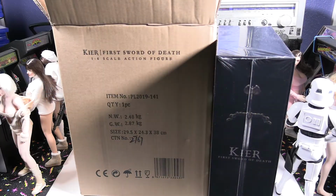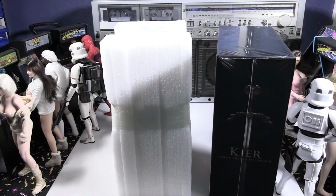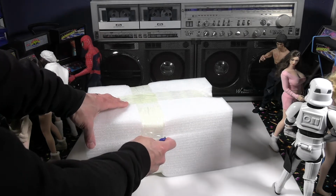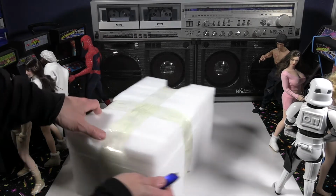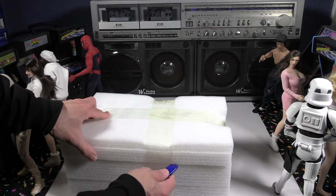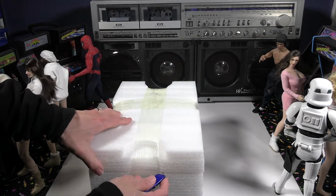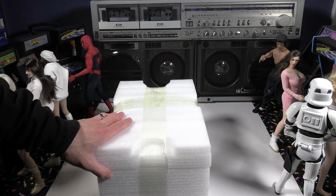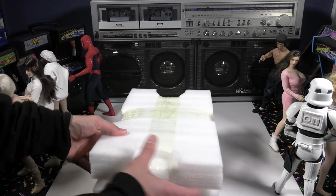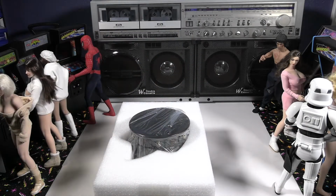this whole universe. So this particular figure, I believe it's a re-release, because I saw this figure late last year when it came out, and I can't remember if it was December of the year before. I'm not exactly sure, but I just passed on the figure. I wasn't sure if I was going to buy it or not, and this came up in pre-order. I've seen it in pre-orders, like a re-release. I was like, oh, they're coming back, released again. So I ended up picking this up from Sideshow, and you can see here, we opened it up,